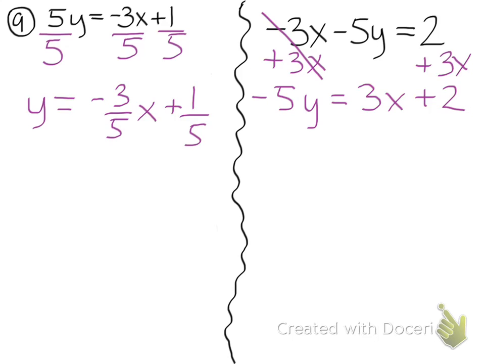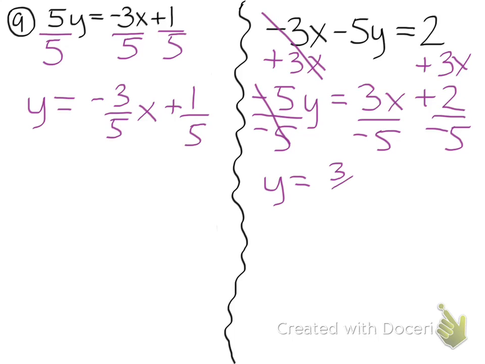Our last step now is to get that y completely by itself. So we're going to divide every little thing by -5, everything. So we're going to get y equals -3/5 x minus